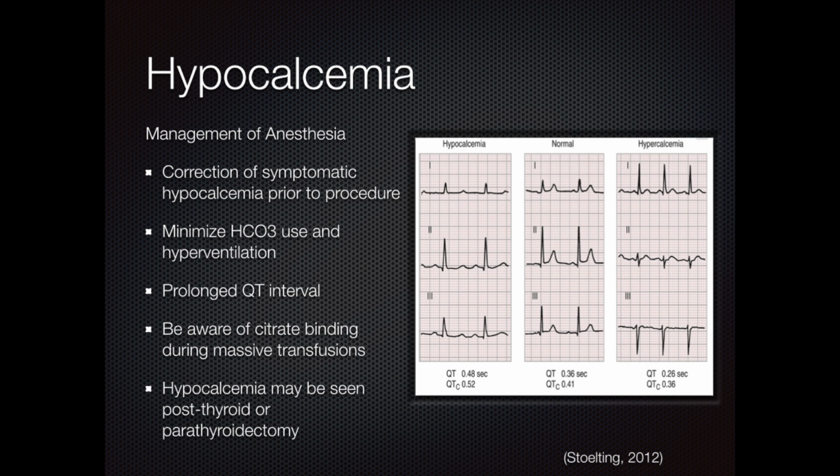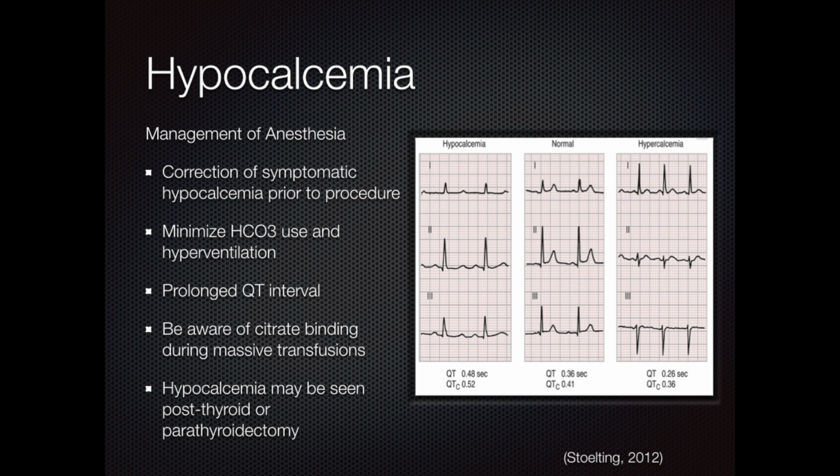period. The anesthetist should minimize the use of bicarb and hyperventilation to prevent calcium from binding to albumin. As seen in the picture, prolonged QT interval is an expected finding with hypocalcemia, along with decreased myocardial contractility. The anesthetist must be aware of citrates binding to calcium during massive transfusions and continually monitor ionized calcium concentration and replace as needed. Calcium levels should be monitored before and after parathyroid and thyroid surgeries because they can often cause